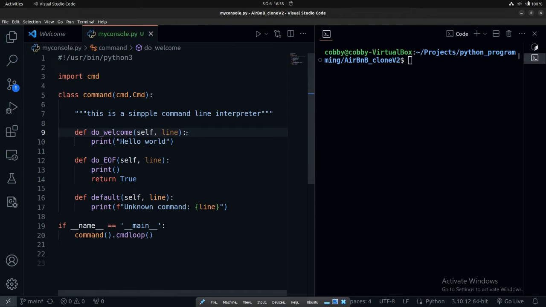So let's say we want to pass an argument, just like the question asks. What we can do is change this, and let's say we give it a name called person. It is an argument we are passing to the method, instead of line. And let me change this back to greet so that it makes more sense. So whenever we pass an argument to this greet,